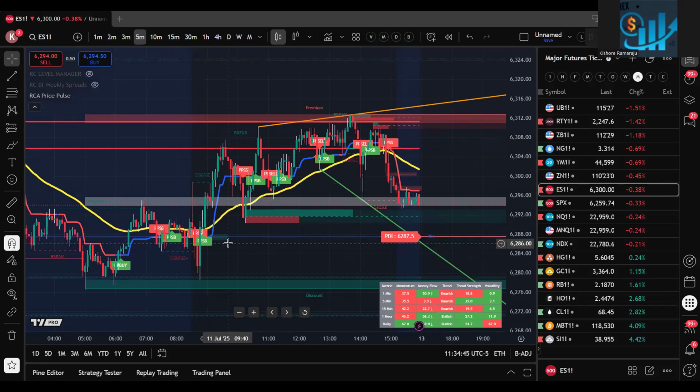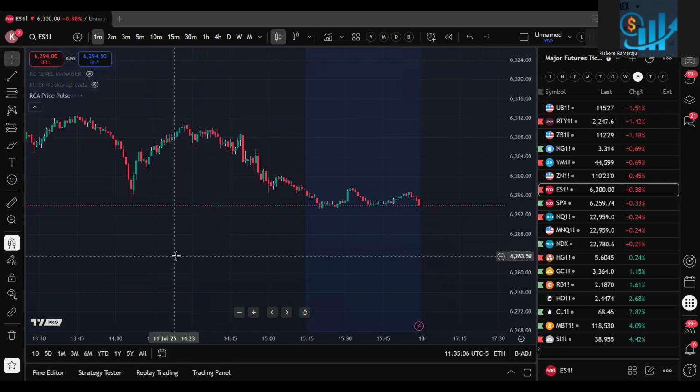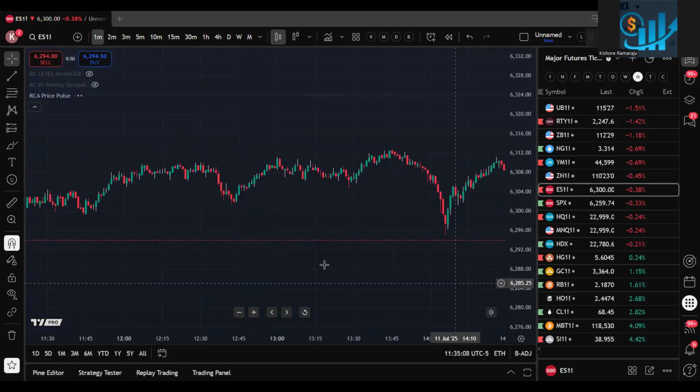Especially for the prop firms, we have to close the trades on the same day, so we cannot go with 1 hour or daily time frames. We use the 5 minutes time frame. Or if you are a more experienced trader, you wait for a buy signal, and then you can go to 1 minute or 2 minutes and take the trades in the smaller time frame. So if on 5 minutes I got a buy signal,